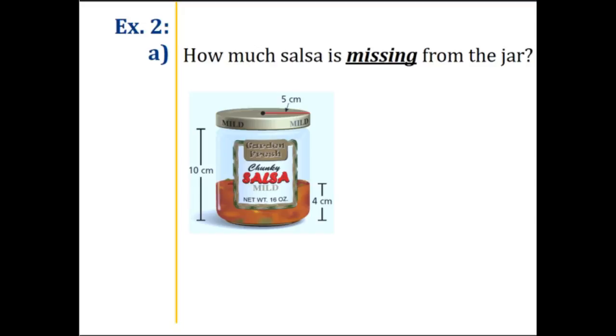So yesterday we were finding the volume of a full container, right? So this one asks how much salsa is missing from the jar. So you actually have to do two volume problems. You have to find the full volume of the cylinder and then the part that is either missing or the part that is there. Since we know the height of the salsa that we still have, then we can figure out how much salsa is missing. Okay, so some deductive reasoning